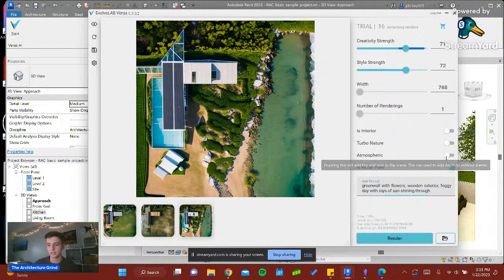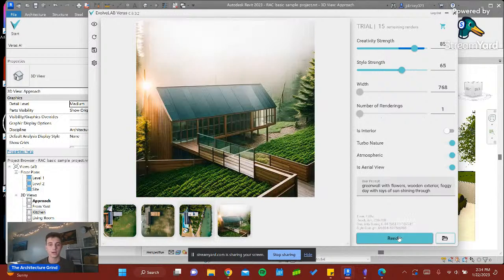So maybe let's add a little more atmospheric feel to it, and then turbo nature, give us some creativity, maybe boost down the strength of the style, but let's check out how that goes. And hopefully it kind of changes the, wow, okay, so it just kind of makes it look like the forest is burning in the background instead of fog and just like a little bit of light. Still no green wall or flowers. That's interesting that it just doesn't like flowers apparently. Okay, but the approach is pretty interesting how that works. Maybe I need to,